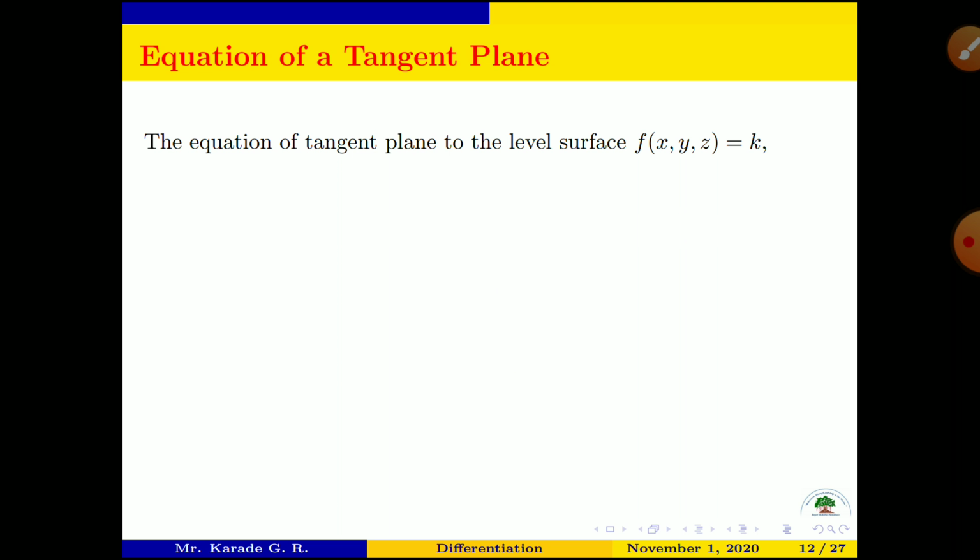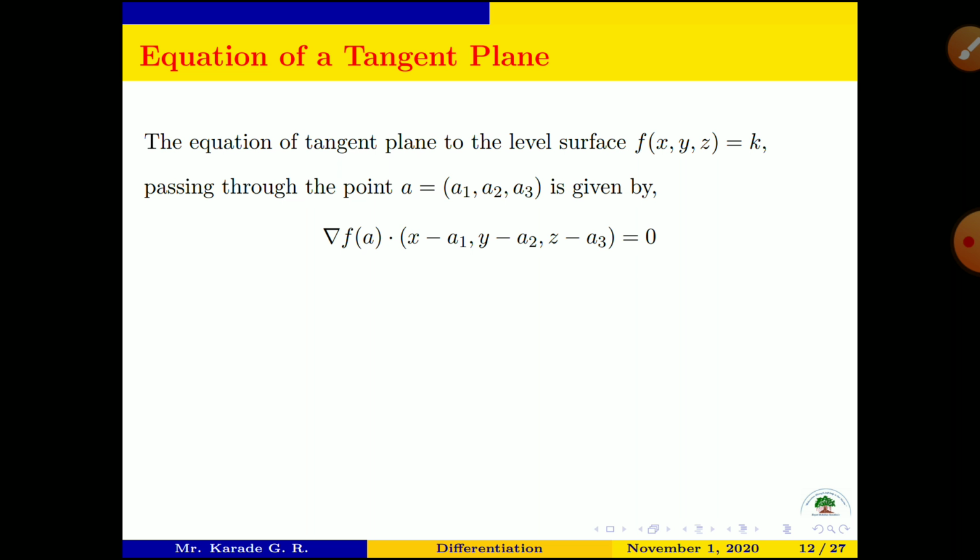So the equation of the tangent plane to the level surface f(x, y, z) = k, passing through the point a = (a1, a2, a3), is given by the following. The gradient of f at a is a normal vector, and (x - a1, y - a2, z - a3) is a vector in that